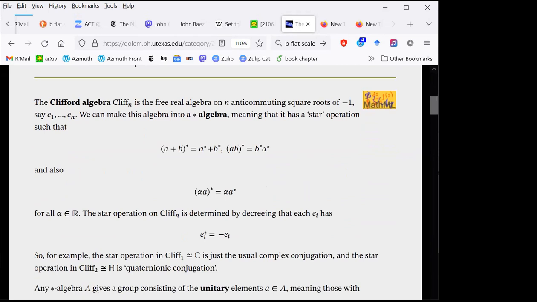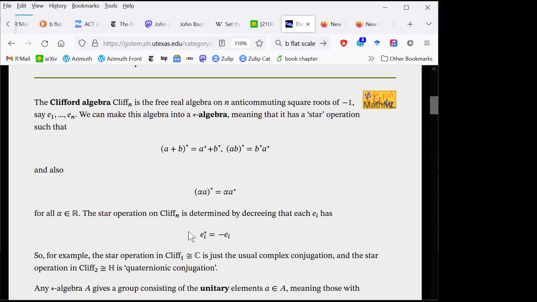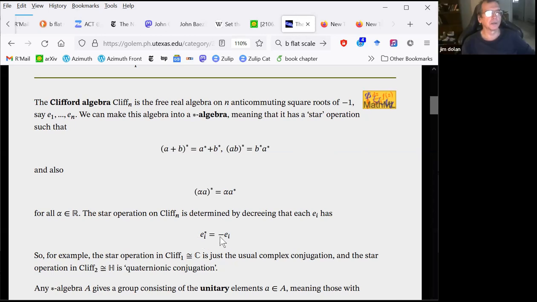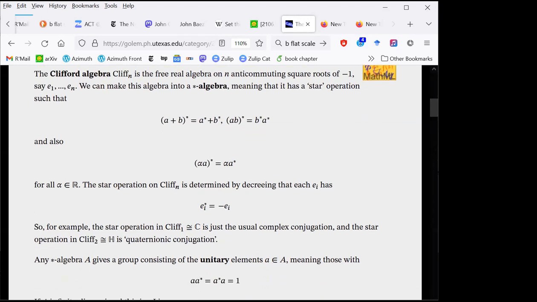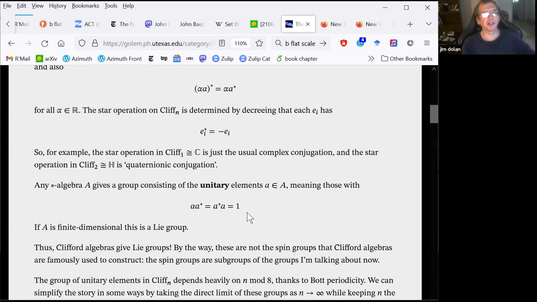Okay. So for me, a Clifford algebra is generated by a bunch of anti-commuting square roots of -1 today. Although you can make them into star algebras by making these square roots of -1 be odd. And that's what I'm going to do. And so then inside that star algebra, you can talk about unitary. There's also some conceptual interpretation of that star operation in terms of what the star modules of that star algebra are. But we don't have to worry about that either.